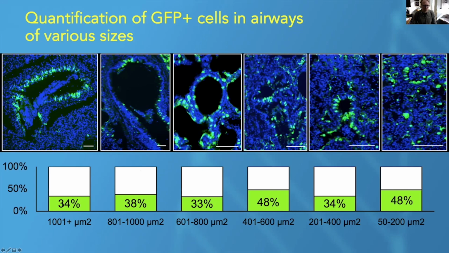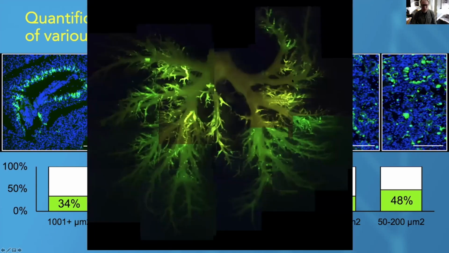And we saw all the way down the tree GFP positive cells ranging from 34 to nearly 50%, which is just remarkably good levels of gene transfer efficiency in a large animal model. And perhaps more impressive, if you just take an entire lung and you dissect away the